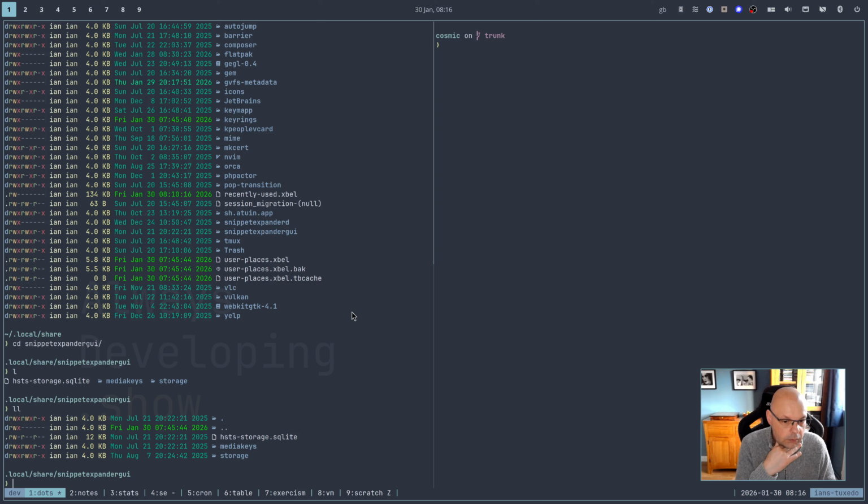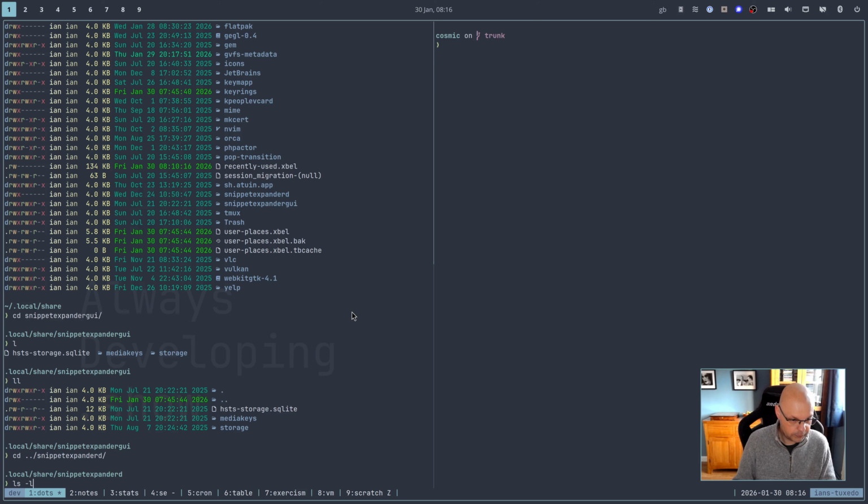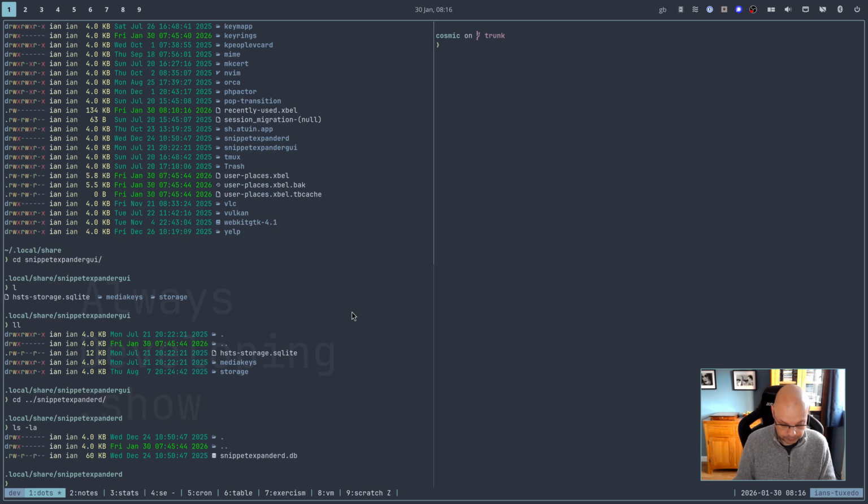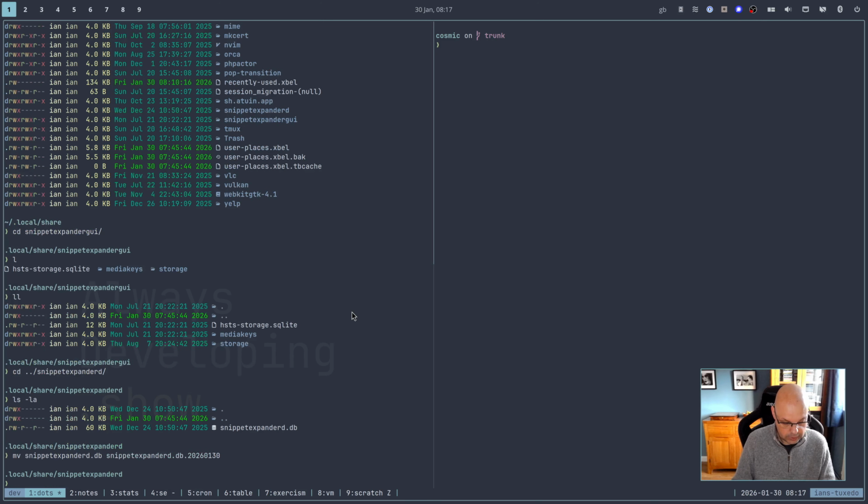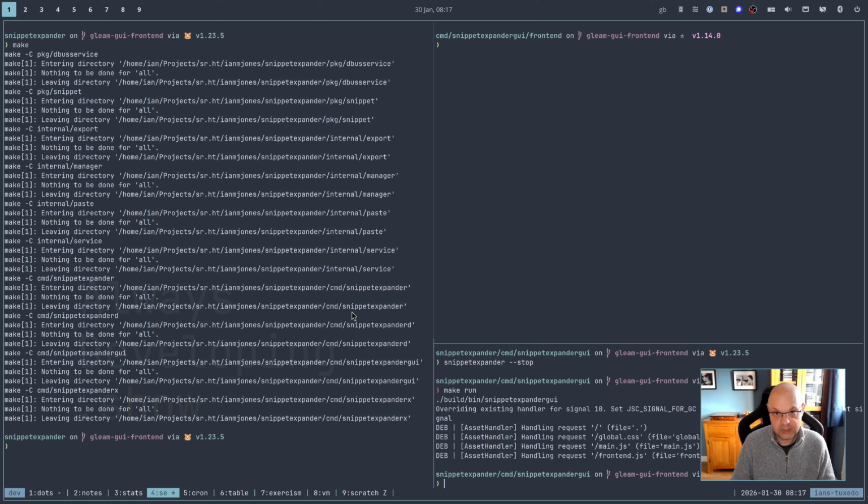Yeah, that's interesting actually. That's some old stuff, I think. Anyway, that's all that kind of setup stuff. What we really want is this one, where we have a little database, and that's all. So all I'm going to do is move that. I'll just do a backup name, I think. Let's just have, what's the date today? 26, 1:30. Okay. Now that that's basically broken Snippet Expander,